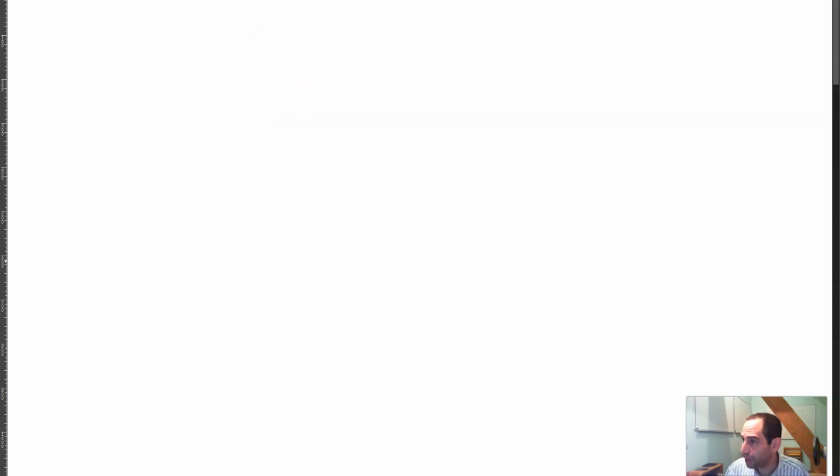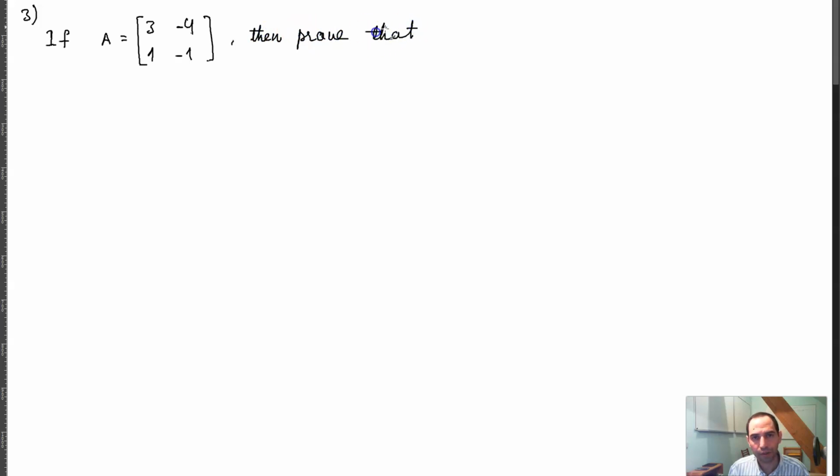Question number 3: if A is equal to the matrix 3, negative 4, 1, negative 1, then prove that A raised to the power n is equal to the matrix 1 plus 2n, negative 4n, n, and 1 minus 2n,